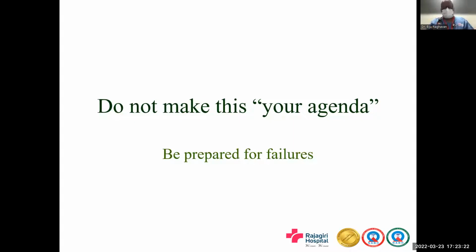Agree, earn the trust, reorient. And once the family gets reoriented, often they say, okay, but we can't say it, doctor, can you help us out? So in that kind of situation, I offer my services. I say, okay, I will talk to the patient. And I also tell them that if the patient does not want to know, I will not impose the information. I will proceed only if the patient wants to know. So in that way, with the family on my side, I will proceed to communicate bad news to the patient.